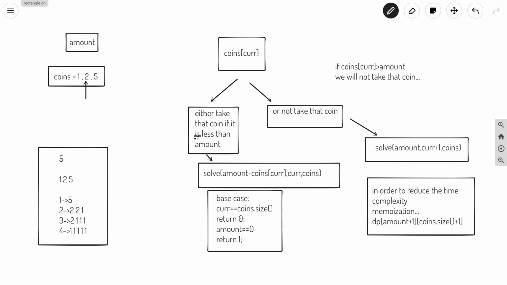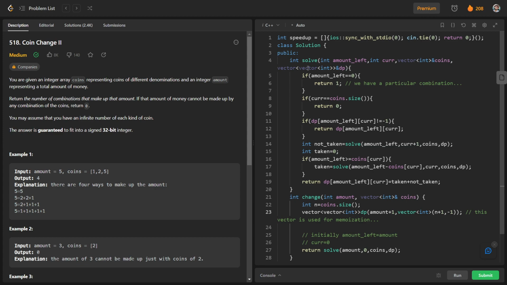So that's what we have done. If a coin is less than or equal to that particular amount, we will take it, otherwise we will not take it. And in the other case that we will not take it, we will definitely solve for this case also. So we have two cases with us, either we take it or we will not take it, and we have solved for these two cases.